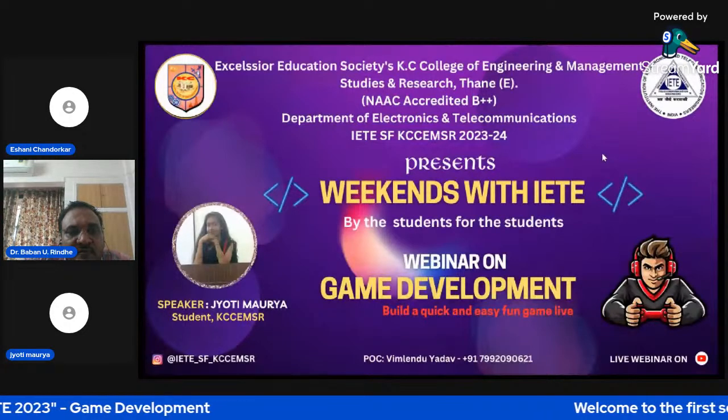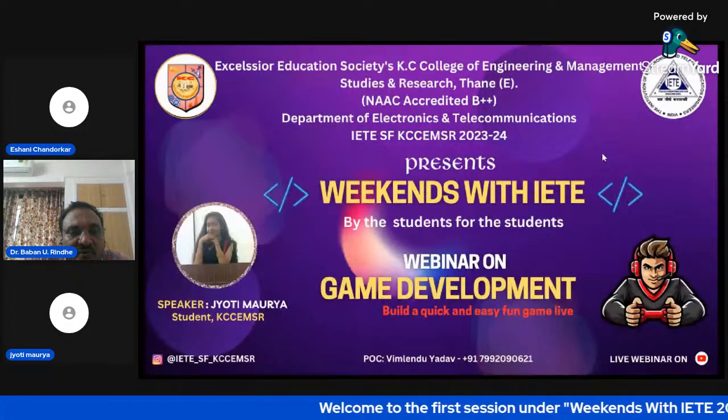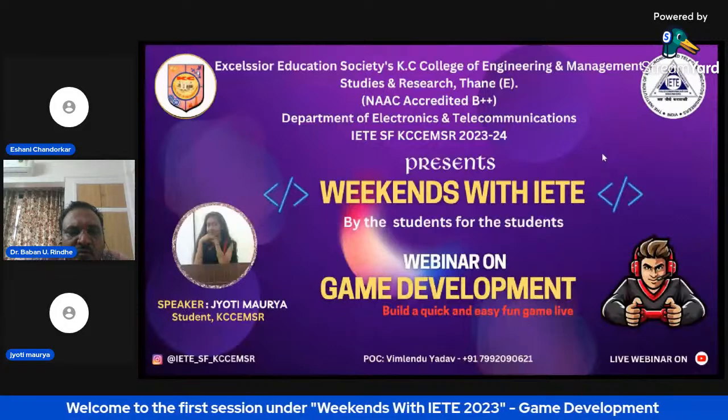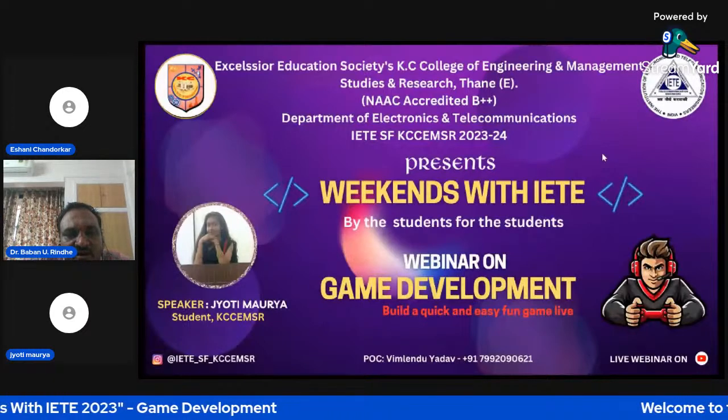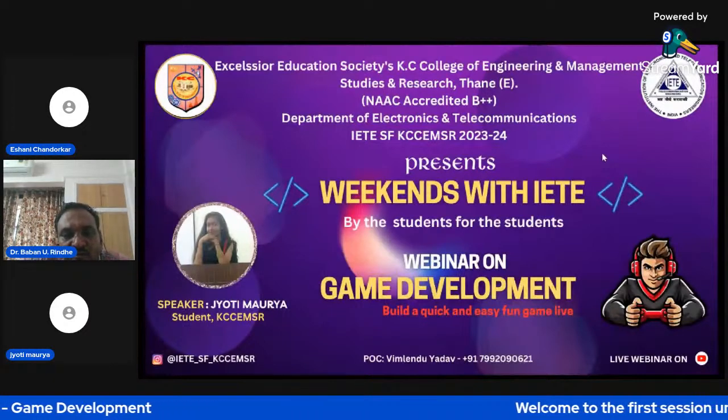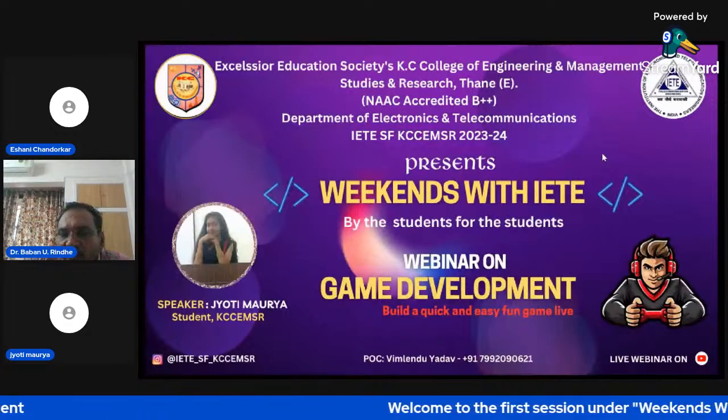That is the difference from movies and others, the interactivity. Then there is the difference from software also, the content of the game as a medium, and more fun from that. On this basis you can start your own business also. You can have placement opportunities also available in game technology.